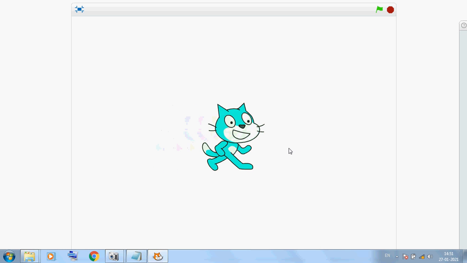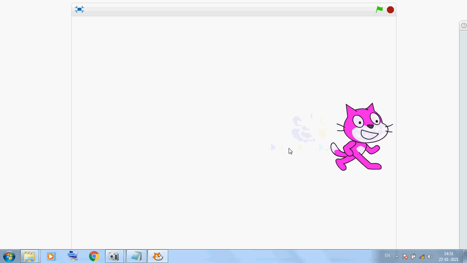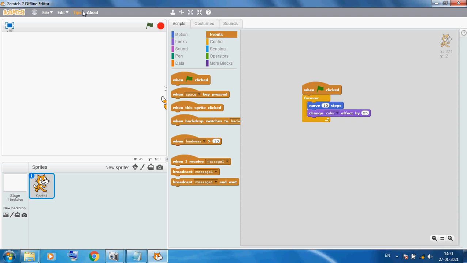Now you can see the color of our looks changing. Now we can stop this. Here I am using the looks block: change the color, and each time it moves 10 steps.